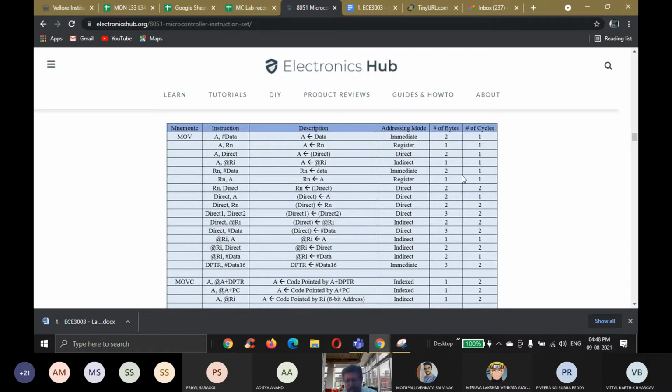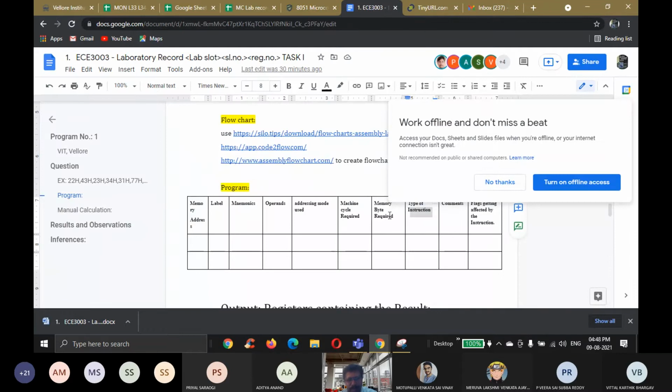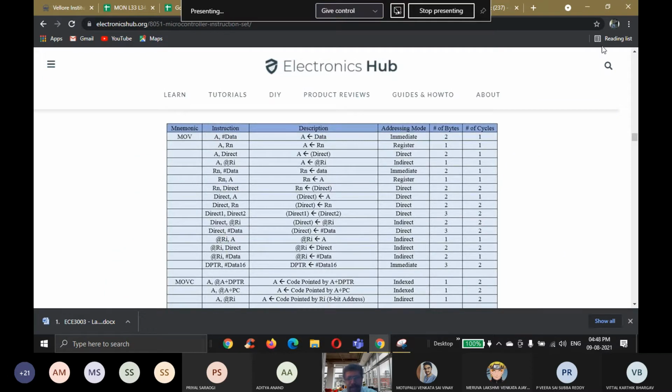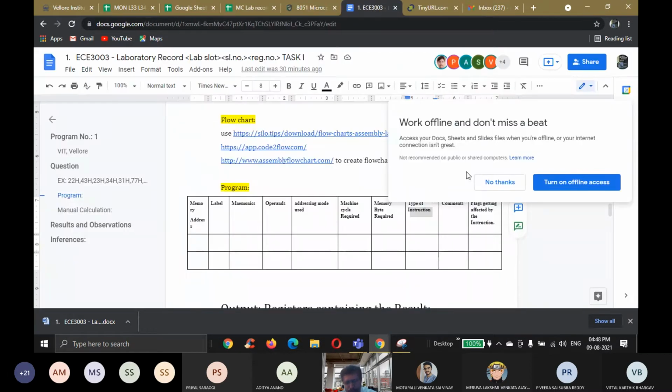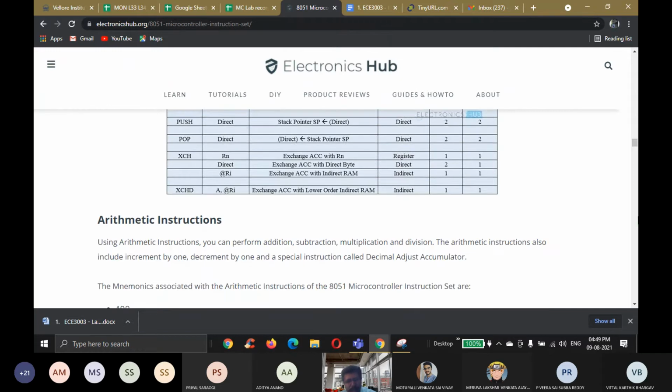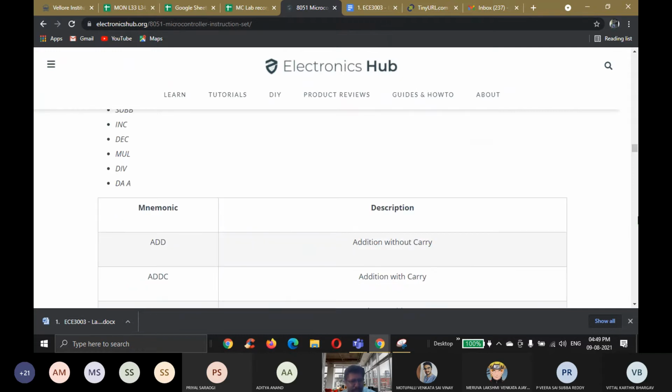Addressing modes, and the number of bytes, the memory required, has been asked. For that, you can refer from this, and you can fill in the memory bytes required. So that table is given here. And then the number of cycles, machine cycles used for execution of the program. You can fill that in the machine cycle required. Okay. The only thing you have not received is the flags affected or not.